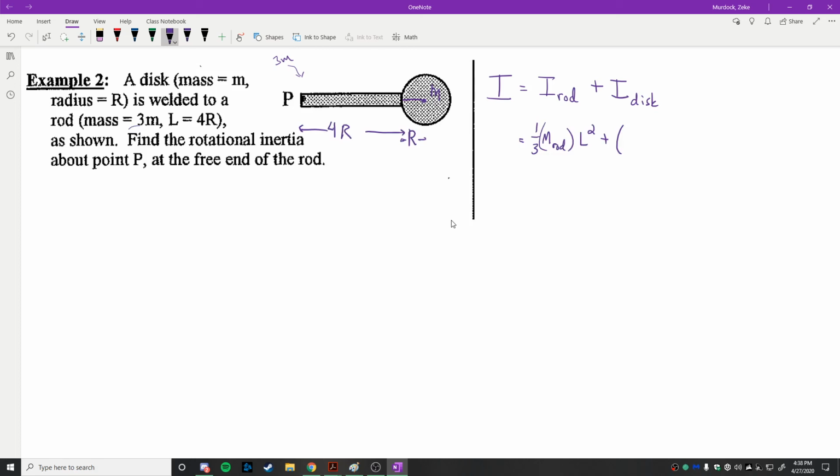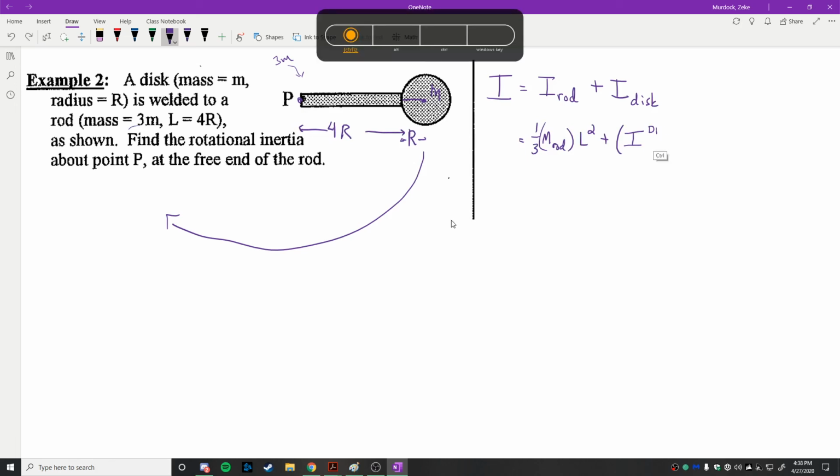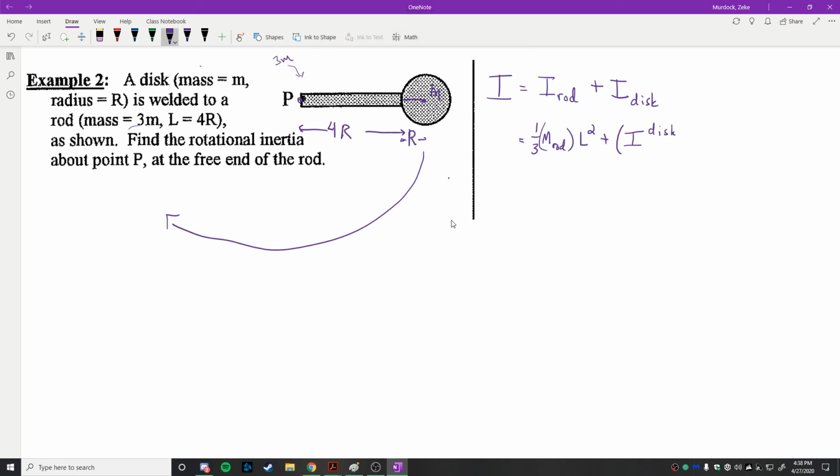And for the moment of inertia of the disk, we're going to have to use the parallel axis theorem now, because if this system is rotating about point P, rotating around like this, then the disk is no longer rotating about its center. And that requires that we use the moment of inertia of the disk about its center of mass, plus the mass of the disk